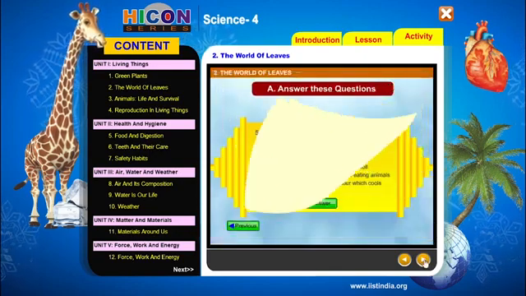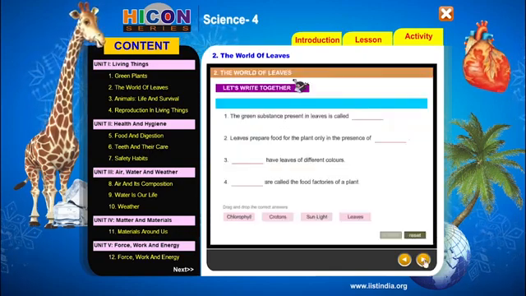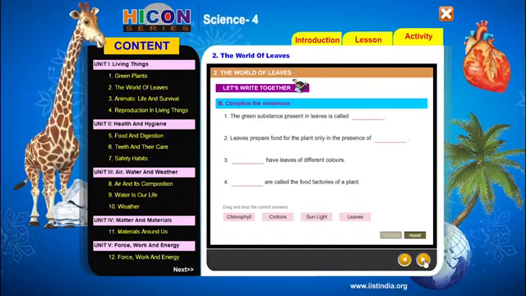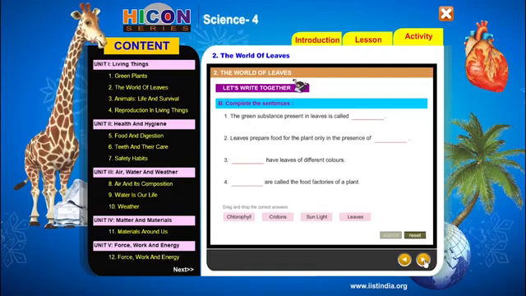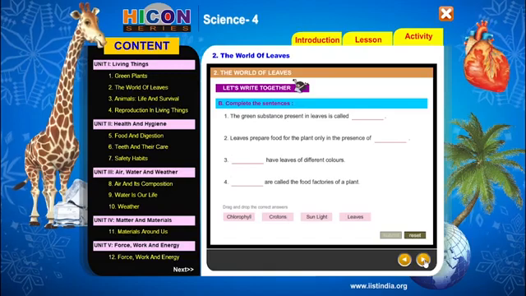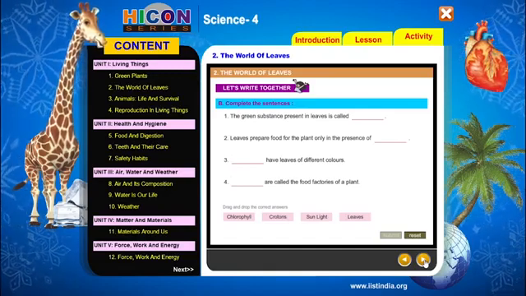So go to the next question. So children, this is the next part. That is complete the sentences. There are 4 sentences given in this section. So answers are also given below these sentences in pink color boxes. Now our task is we have to choose the correct answer for each sentence and write that word in the blank provided in each sentence.